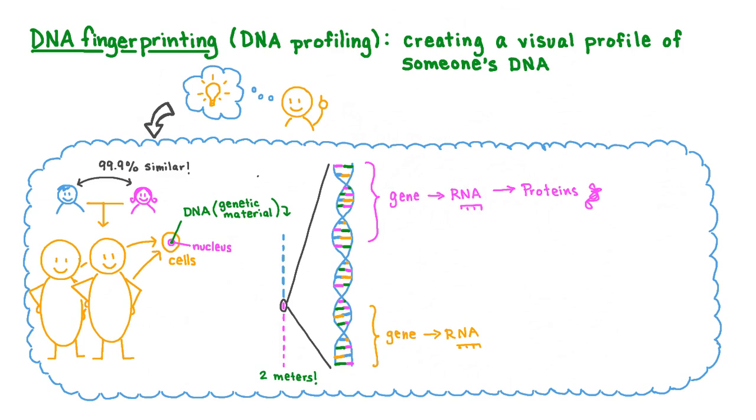But actually, only 1 to 2% of our DNA is coding genes. The majority of our DNA is actually called non-coding DNA. It is called this because it doesn't directly code for the formation of functional molecules such as proteins. Early geneticists even called this DNA junk DNA, as they thought it was probably useless. But forget about that. In fact, this DNA has very important functions as well and cannot be considered useless. As you will see, it's actually with this non-coding DNA that we can really profile each individual. So let's learn a bit more about this non-coding DNA.